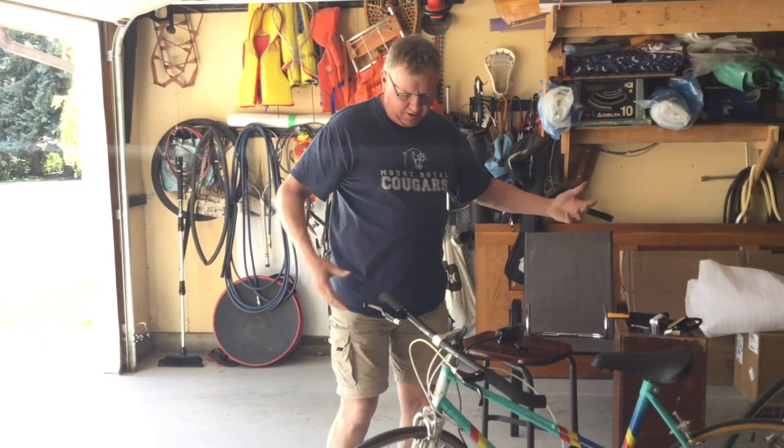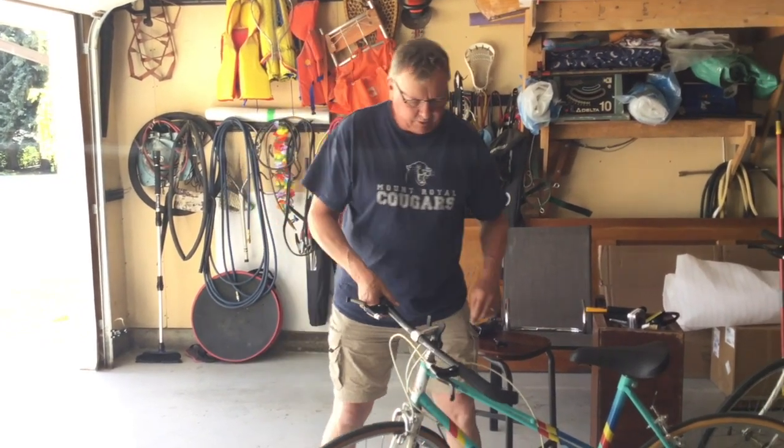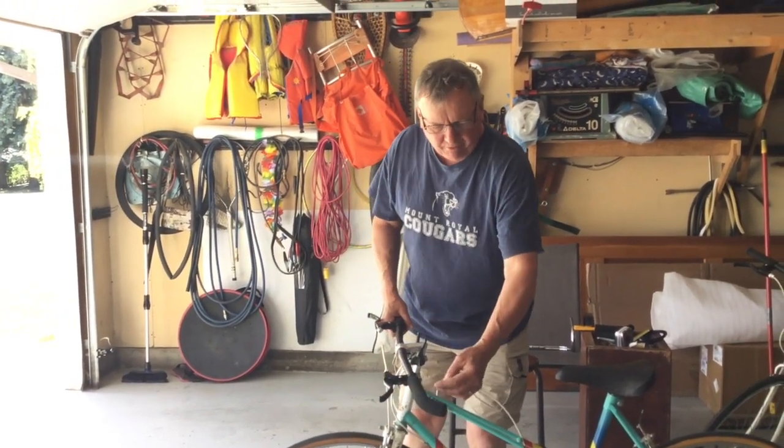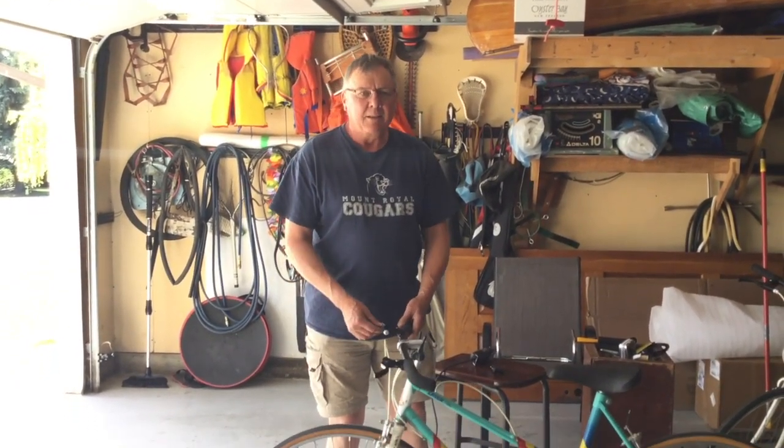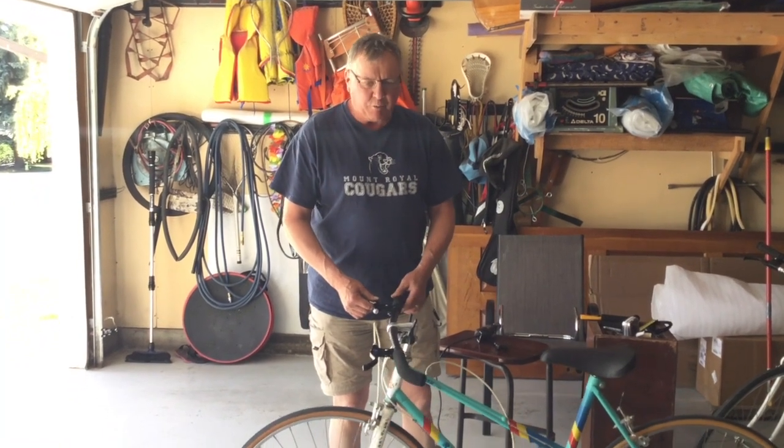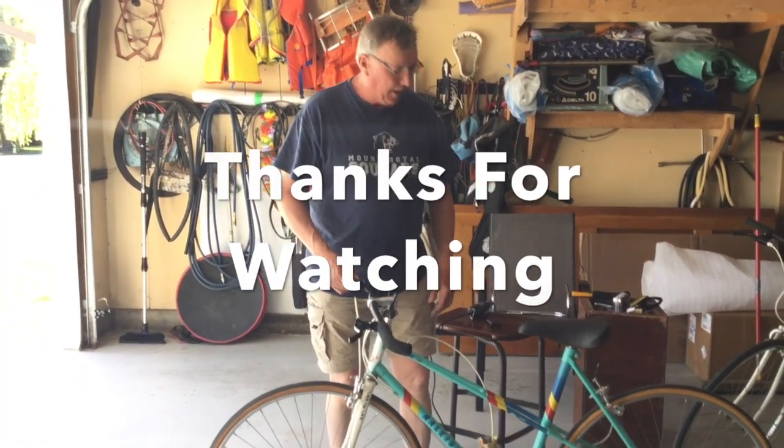You could almost leave them like this. However, I'll probably just trim them off and put the caps on. And there you have it. Road bike turned into a hybrid